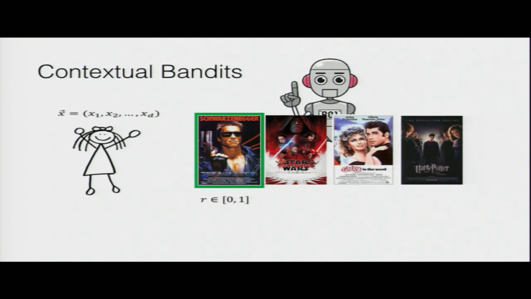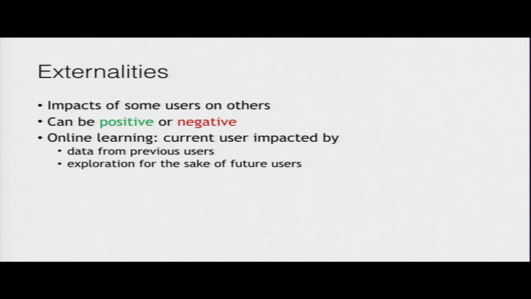Okay? And so I mentioned that I'm going to be looking into externalities. So what do I mean by externalities? In general, externalities refer to impacts of users on other users. Okay? And these can be positive or negative. In the online learning setting, there's a couple sources of externalities that this user faces. One of them is the data that we've gained from past users, right? If we haven't gained a lot of data from past users, then we actually can't make a very good decision